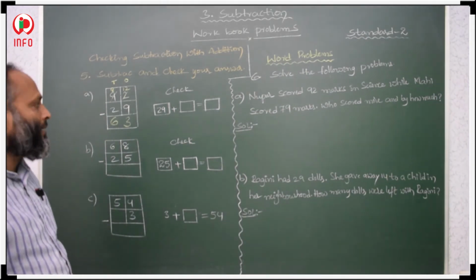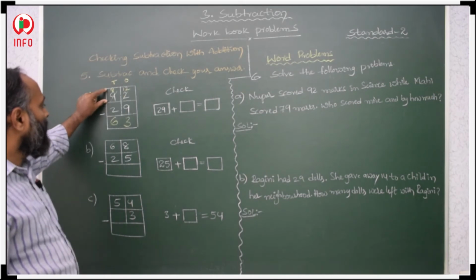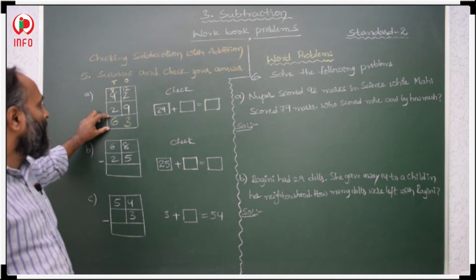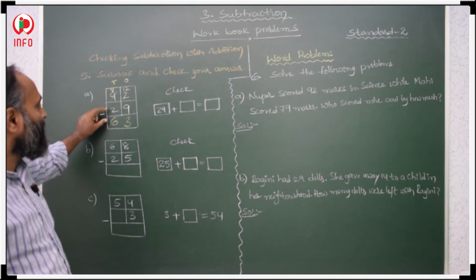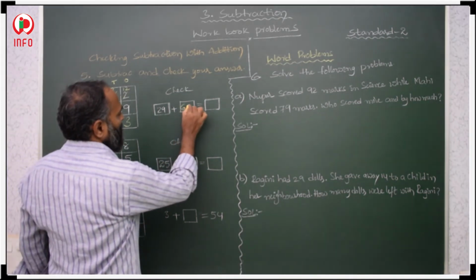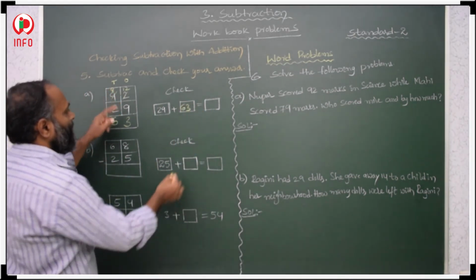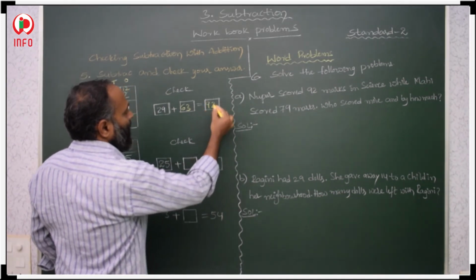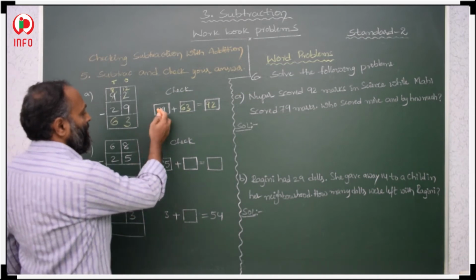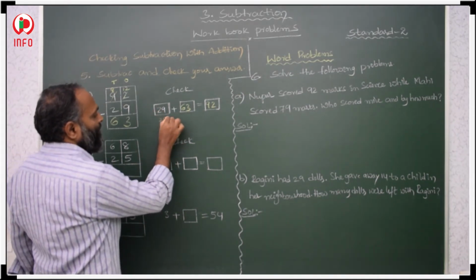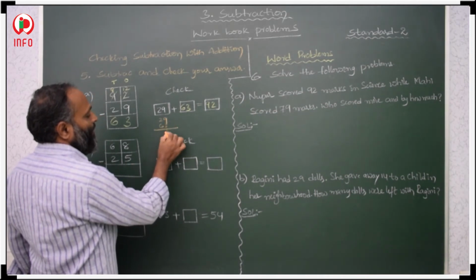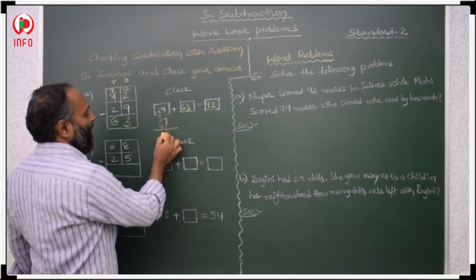Already we have a condition. So this is the minuend, this is the subtrahend, this is the difference. Subtrahend plus difference is equal to minuend. This formula is there. So if you want to check, then check. Then 29 and 63, add these two. 9 plus 3, 12, 1, 6, 7, 8, 9, 92.